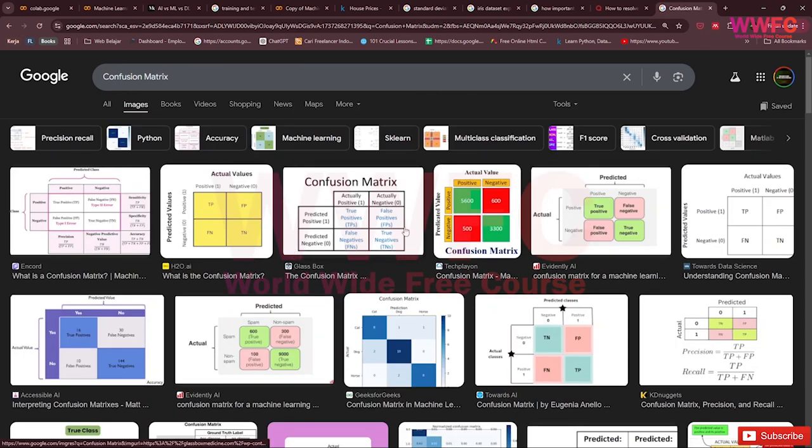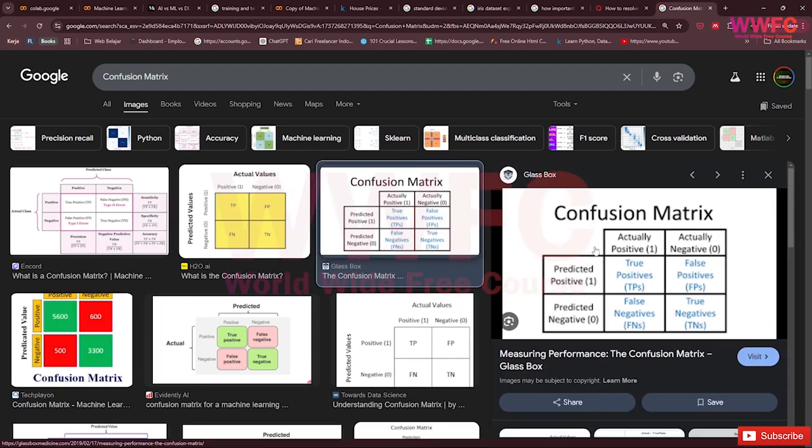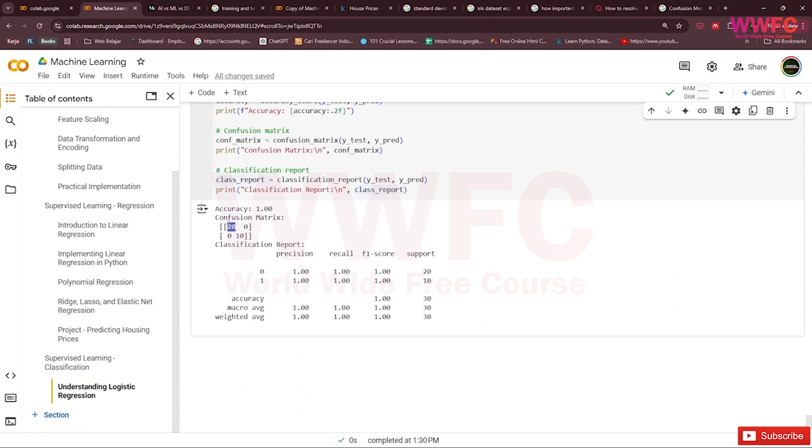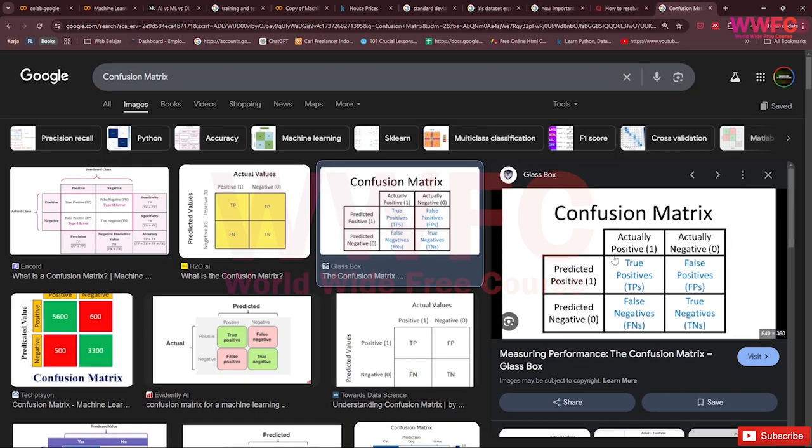We can check the image in here, like we can use this. This is actual and predicted, so we can check in here. Like this is 20, right? The actual positive is 20 and predicted is also 20, so it's true. So this is true, but this is false, right?